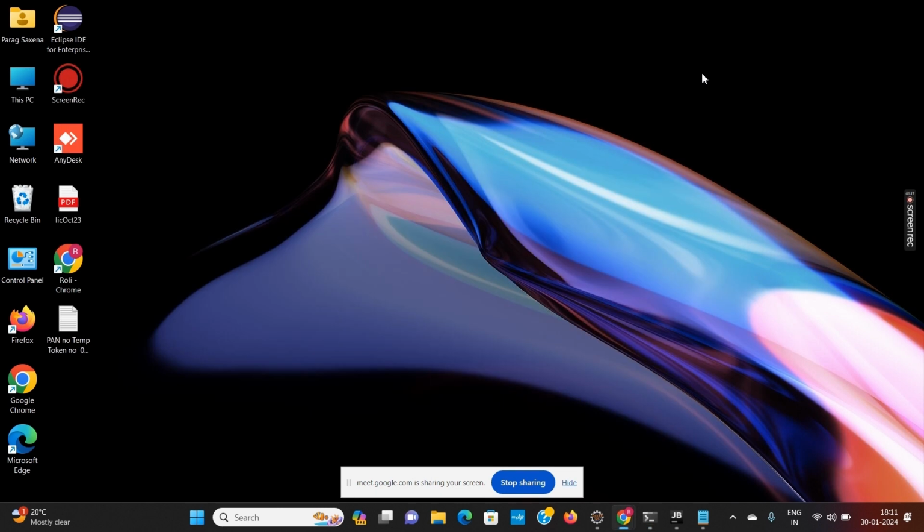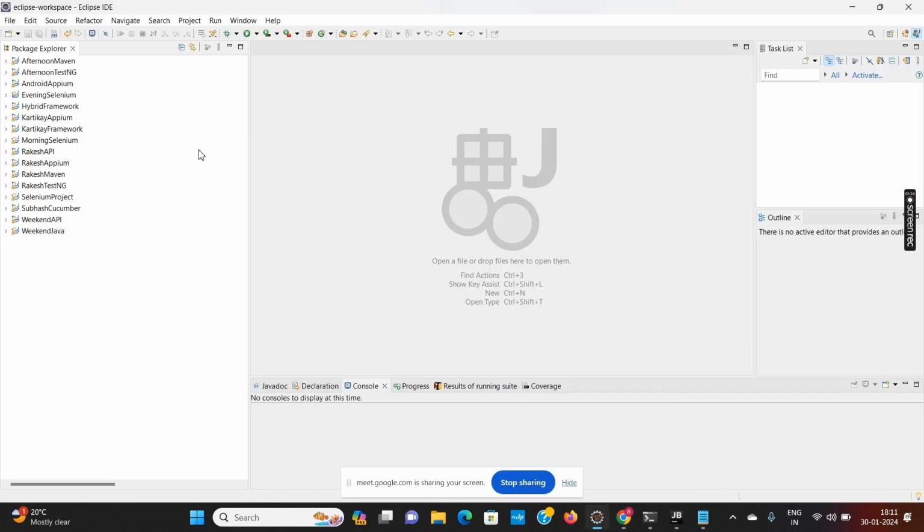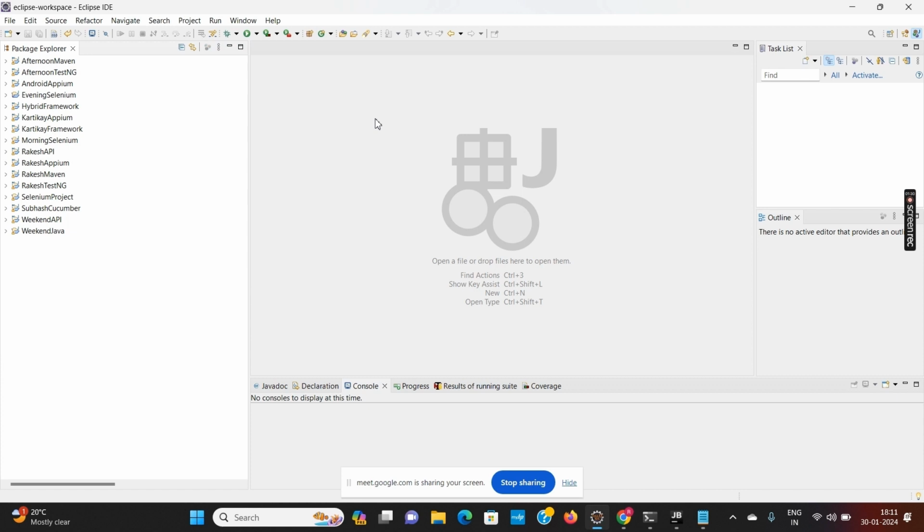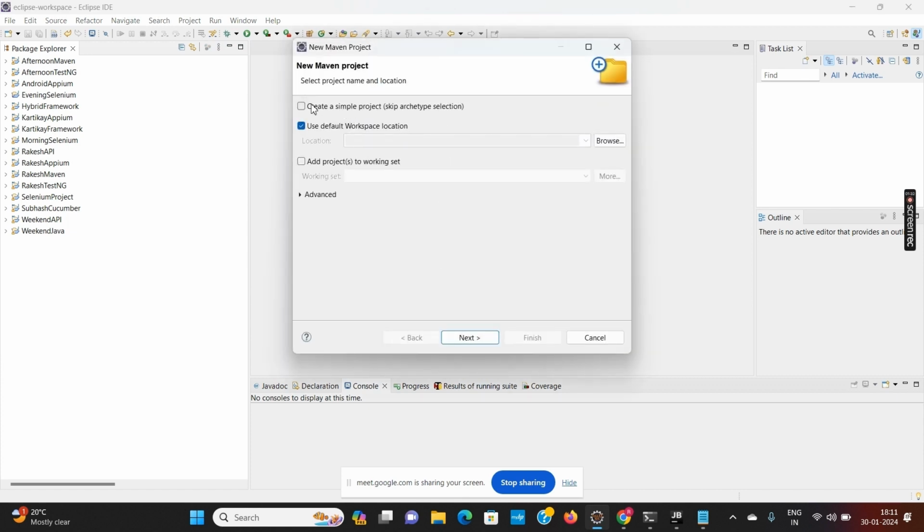Now next thing is that we have to write a Java program. For writing a Java program, again we will be creating a Maven project. Create a simple Maven project.